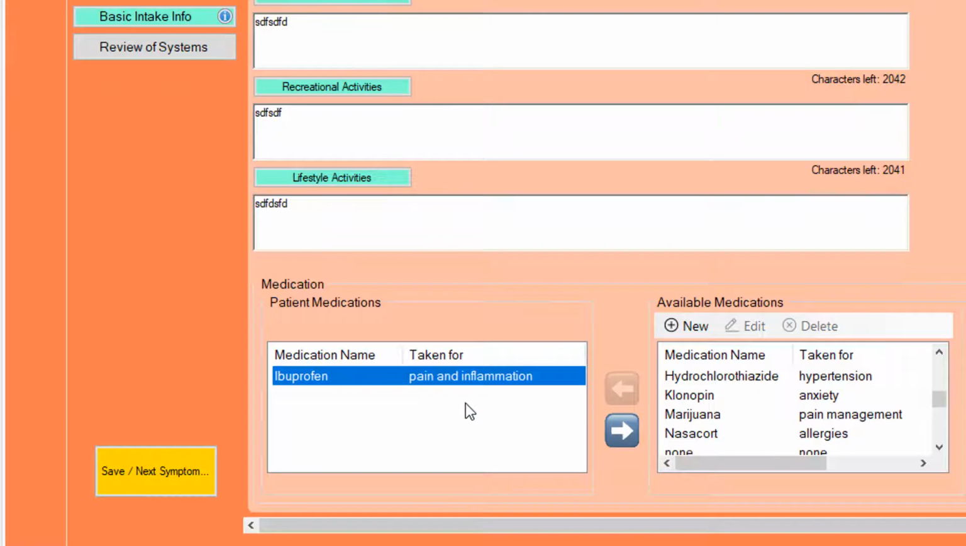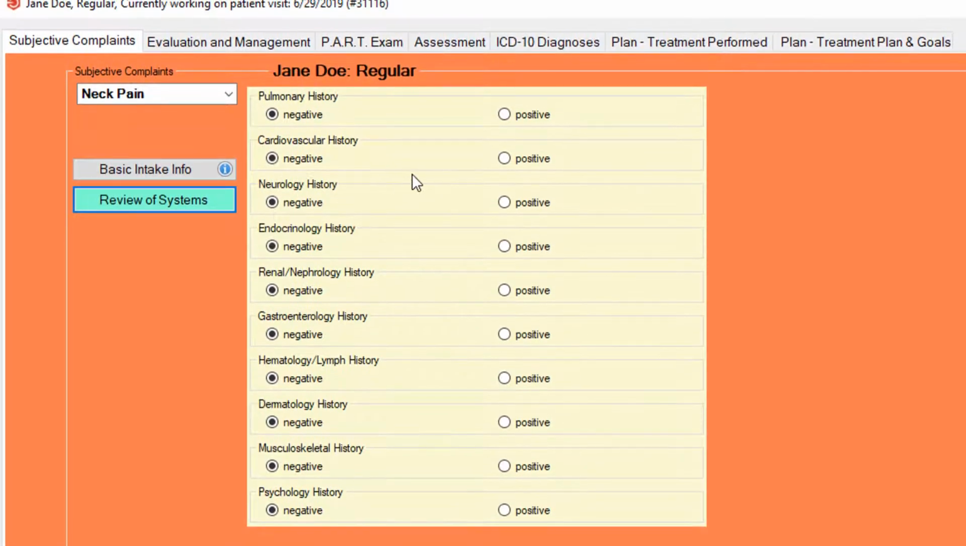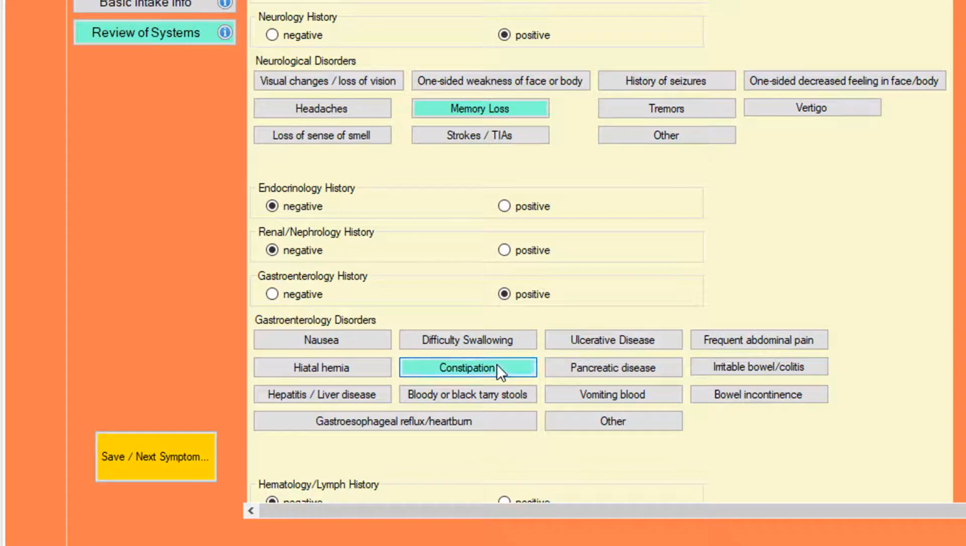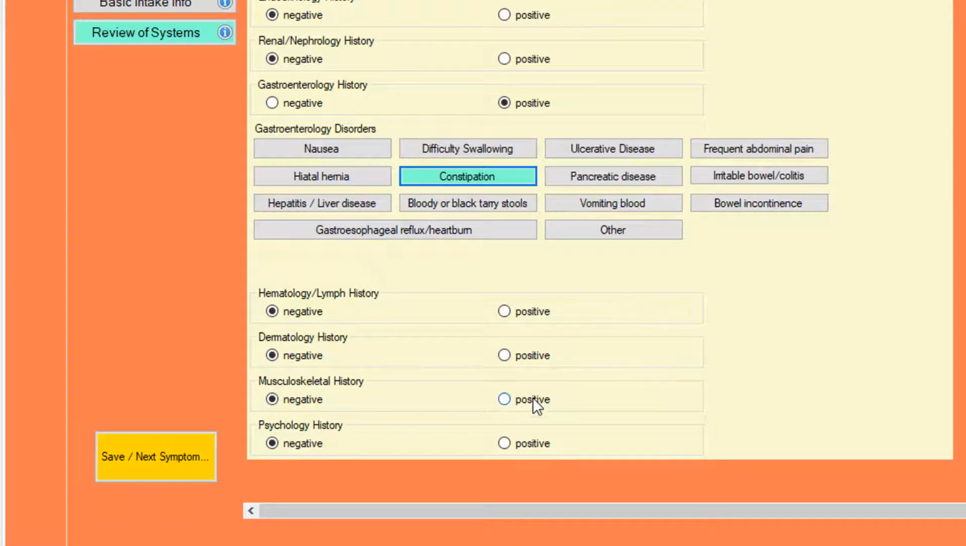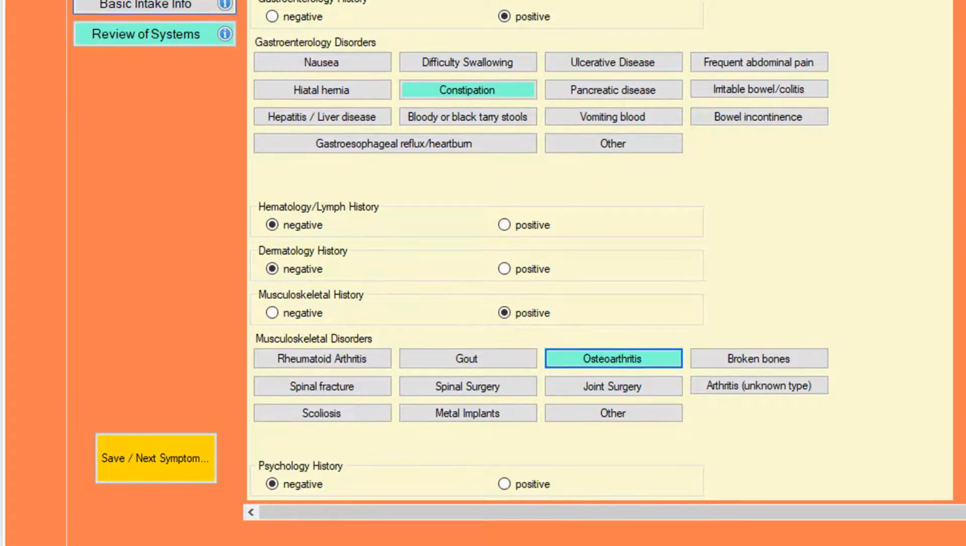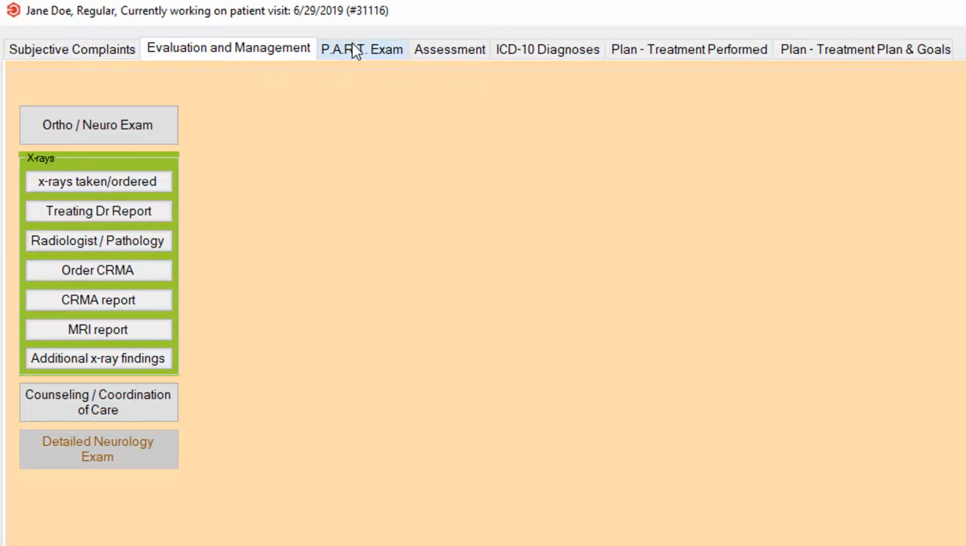Let's say ibuprofen for pain and inflammation. Okay, so that's it for basic info. Review of systems. Let's say we had memory loss, constipation, and osteoarthritis. Okay, that's it. All right, now we do the rest of the note, and I'm just going to skip over